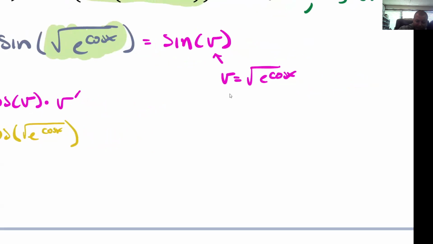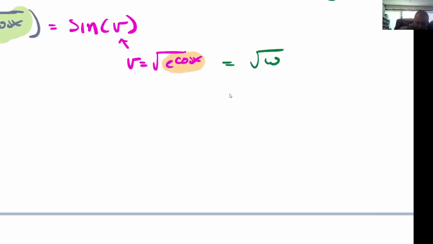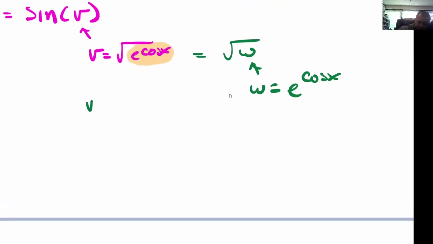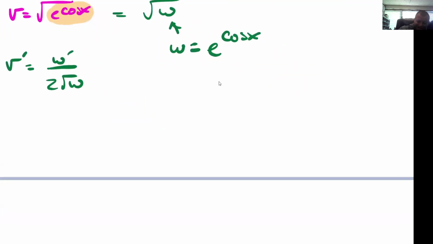But when I take that derivative, alas, it's the square root of something that's not just x. So I'm thinking about this as v equals the square root of, say, w, just running out of things, where w is equal to e to the cosine of x. So if I take the derivative of the square root of w, I'm going to get w prime over 2 square root of w. And again, I know part of this: I know the w is e to the cosine of x. But if I want to find w prime,